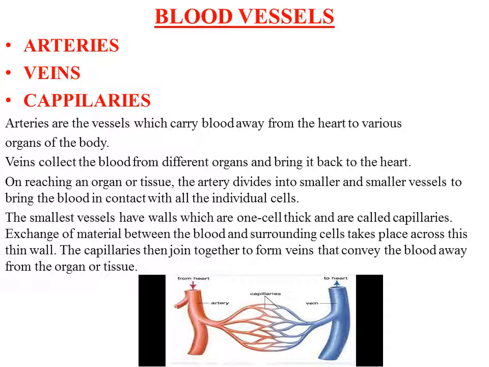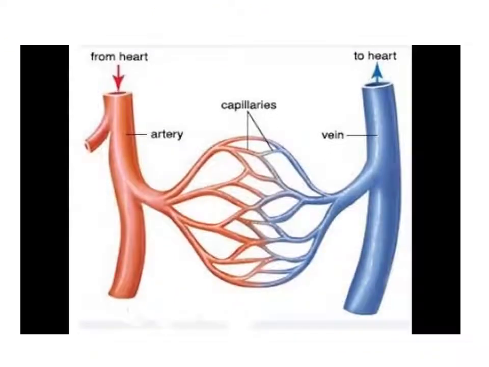You can read it out. I have already explained it to you. I have enlarged this diagram. You can see that the blood is coming from the heart. It finally becomes an artery. Then the artery divides into capillaries. Here the exchange of material takes place. Finally, when waste is taken up, the capillaries reunite to form a vein, and from that it goes to the heart.